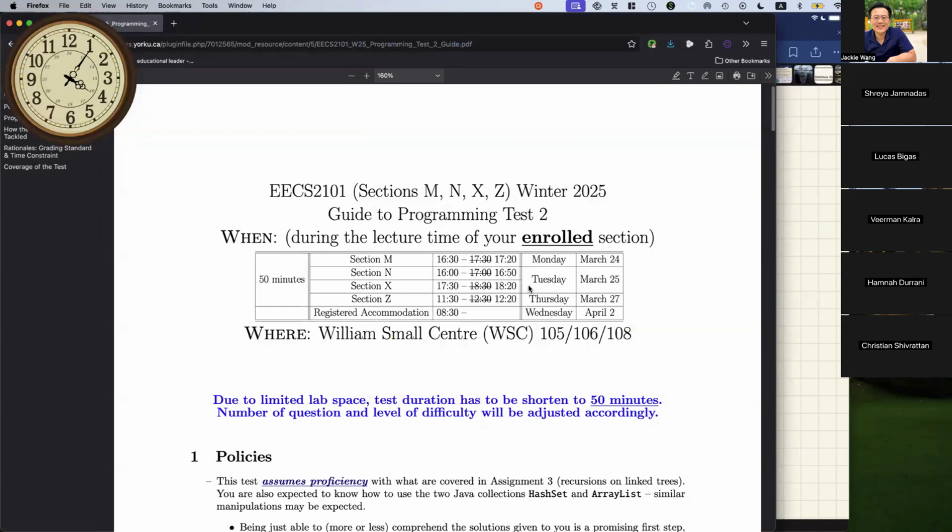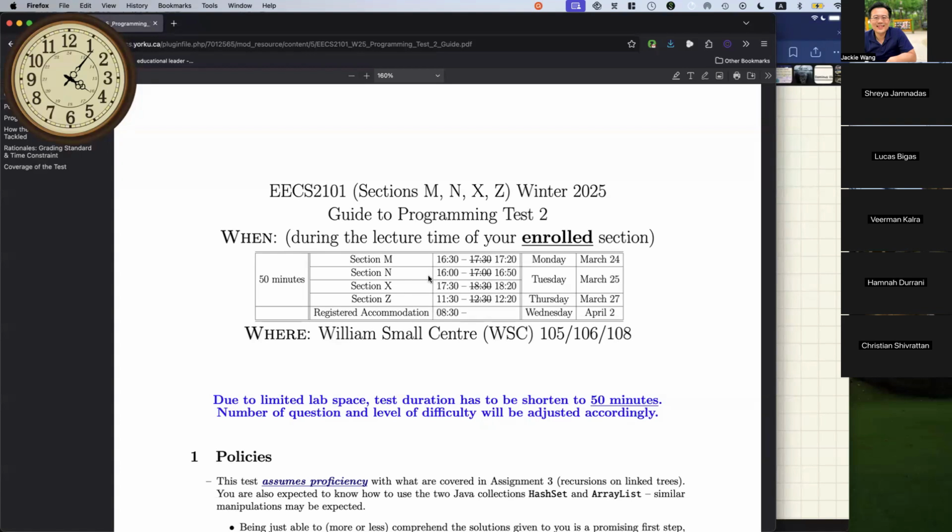I just want to emphasize that the lab space availability has been quite limited for next week. So we were not able to get a full hour because of the constraint. Some other courses have lab tests right after, so we are not able to do a 1 hour or even 17 minutes like last time for all the sections, because all the sections are coordinated. We just need to be the same. So what we do instead is for every section we give you 50 minutes. However, don't worry, you're not going to be given three problems like last time for programming test one. You will be given two problems to solve, and both of them will be about trees.